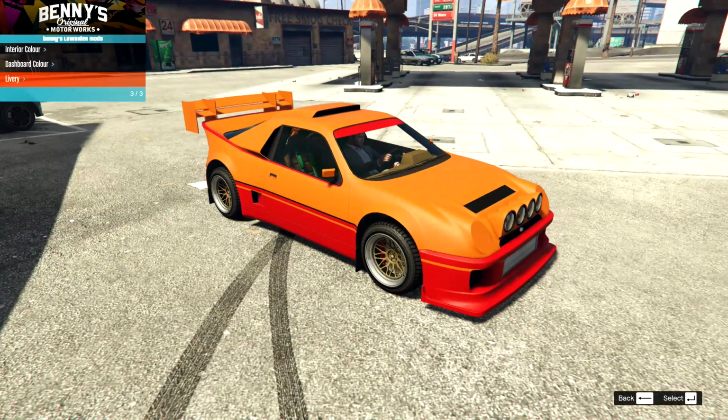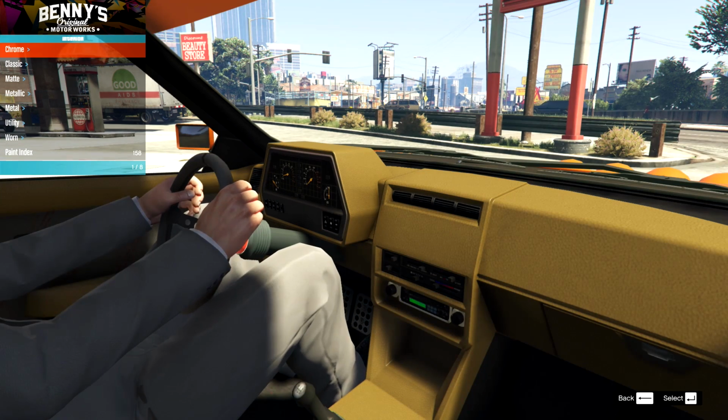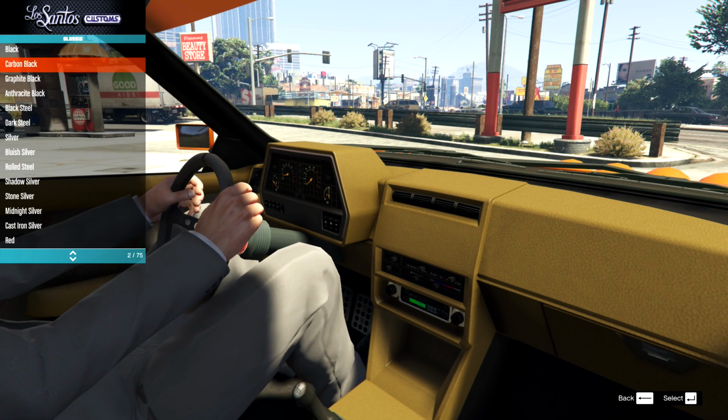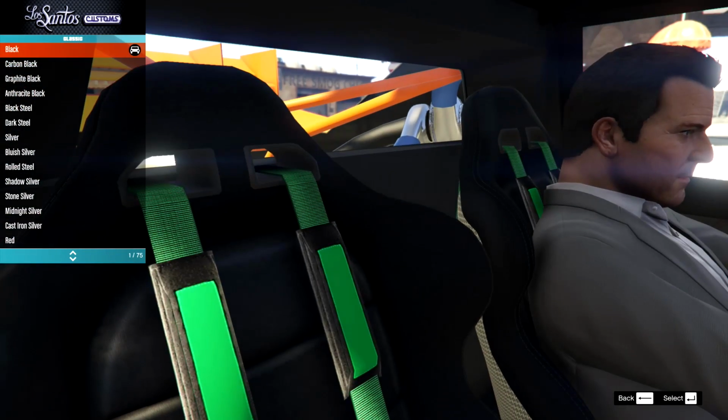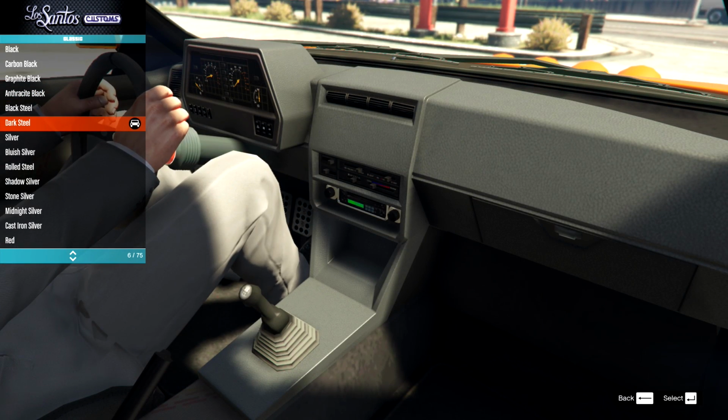I'm going to go for the red on this one. I'm also going to see if I can change this interior colour, because it is quite gruesome. Let's go for black. Oh, that's so much better. So much better. Maybe something like a dark steel. Actually, that's still a bit too...